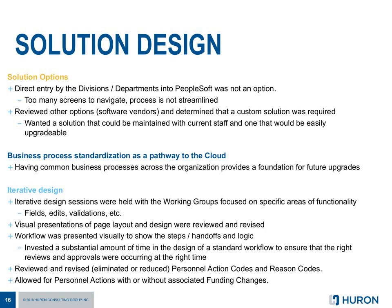Now, business process standardization is a school of thought that needs to be considered when going to the cloud. And really, there are two approaches. Some organizations standardize their business processes before going to the cloud, and some do it as part of the cloud implementation. I think in our case here at MD Anderson, with our team we had, standardizing the business processes upfront